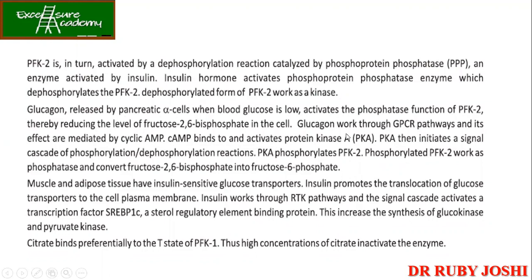Okay, so glucagon works through GPCR pathways and its effects are mediated by cyclic AMP. Cyclic AMP क्या करेंगे? It is going to activate PKA. PKA is going to initiate a signal cascade of phosphorylation dephosphorylation reactions. PKA phosphorylates PFK2. And this will work as phosphatase and convert fructose 2 bisphosphate into fructose 6 phosphate, ठीक है।